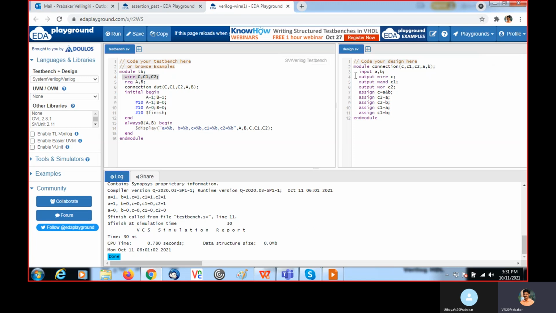the signals which you declared as output here, that you should declare as wire, and the inputs A, B that you need to declare as reg. Later I will explain in detail about the test bench. Now in this example, to show how this wand and wor are behaving,